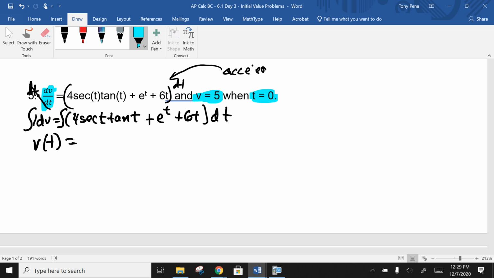And what tends to cause a little bit of an issue is this guy. I would hope this first one isn't bad. The 4 we drop down, and hopefully we recall that we took the derivative of secant to get a secant tangent. So this should just be a secant of t. And then this would have been 6t squared divided by 2, so that's a 3t squared, and then definitely 1r